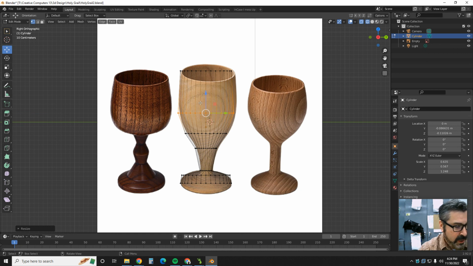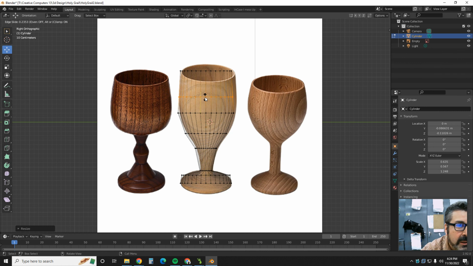So I'm going to press Control R and click. And so I'm going to left click, and then I'm going to move this one where I want it, which is about right. Actually, I'm going to add a couple more. So I'm going to put this one here. Okay, and I'm going to hit S. I'm going to make this the size I want,